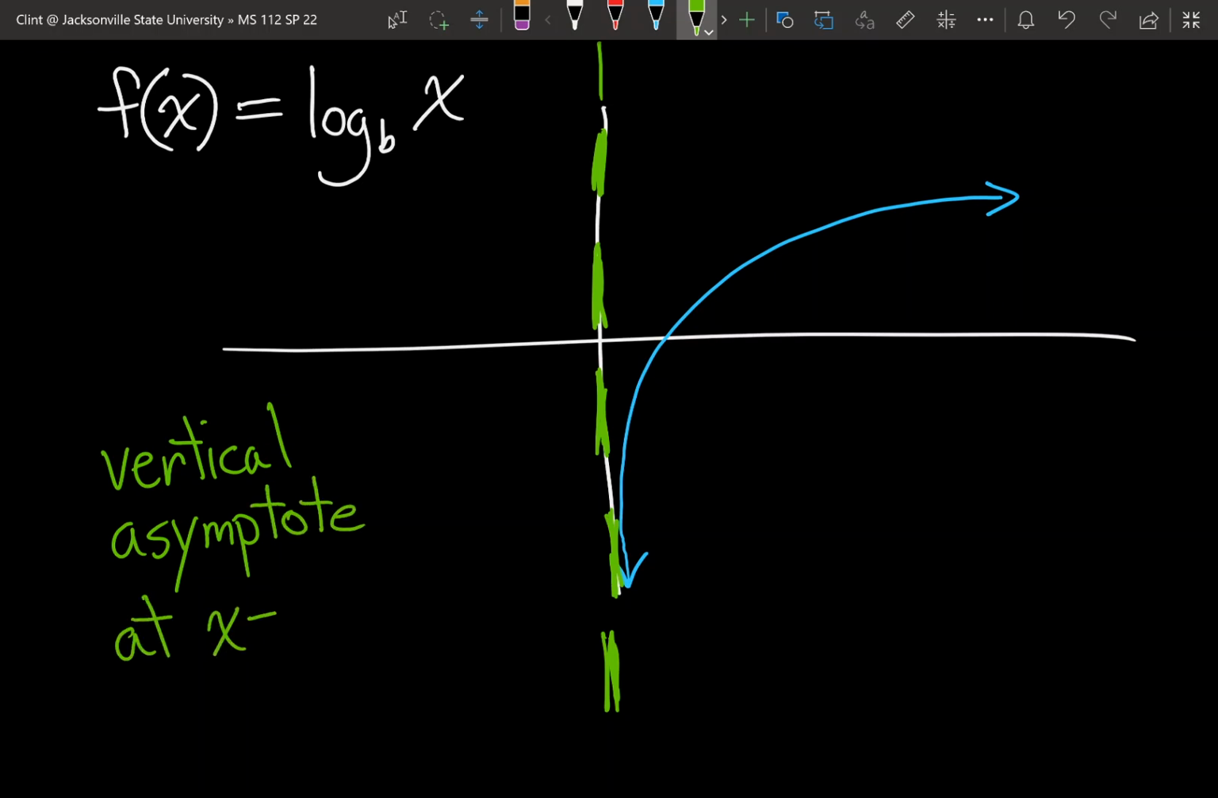That x equals 0, the y-axis. But the graph goes down forever. It goes down toward negative infinity at 0. And then if we look at what happens as our x values get big,